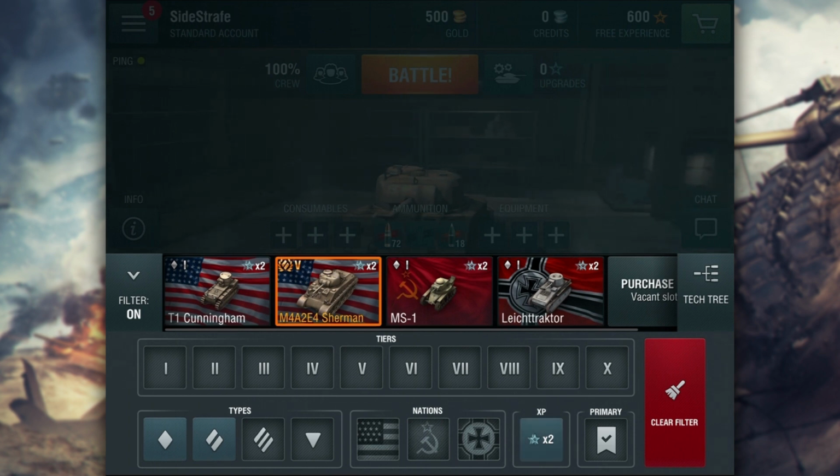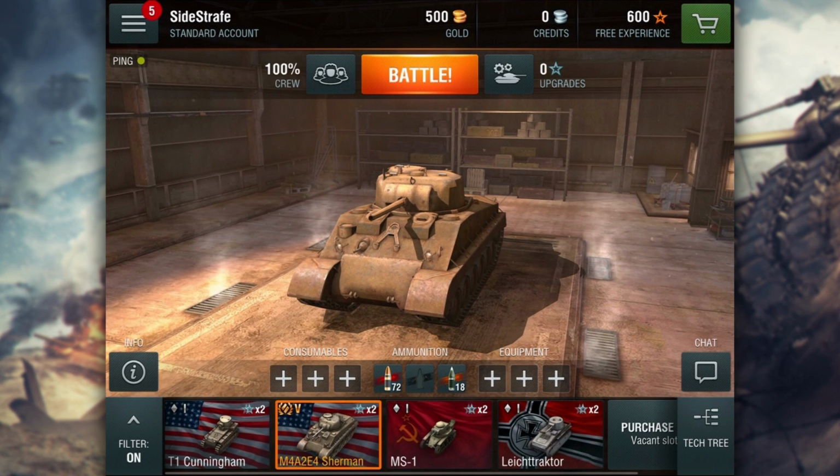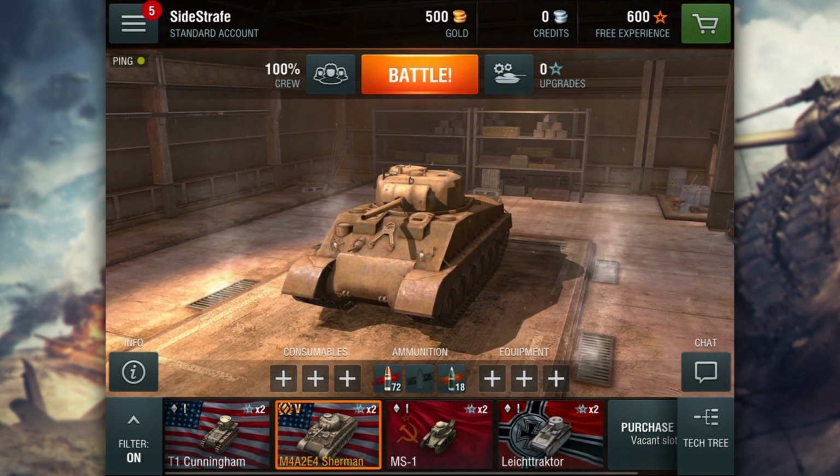Obviously, I haven't played yet, but let's say you've got a couple of tanks that need to do their daily doubles. You can do that. So that's really neat as well. I don't think you can do that on the PC version unless they've changed that, but that's kind of neat. Something that they should probably add. But anyway,